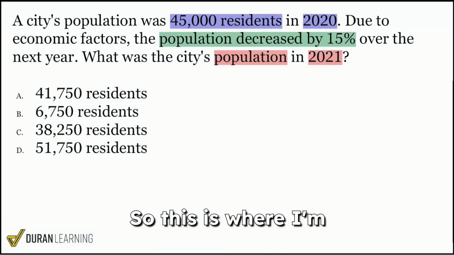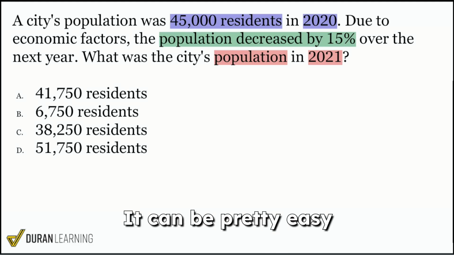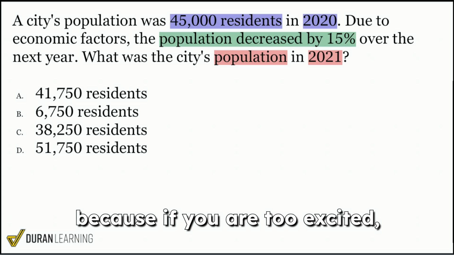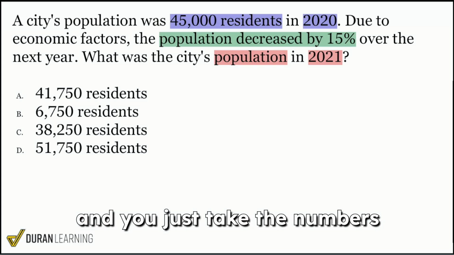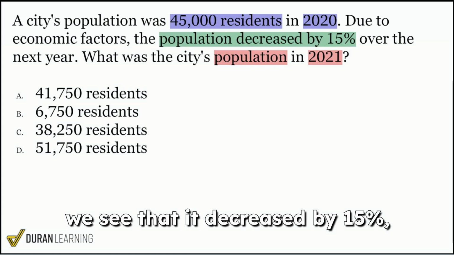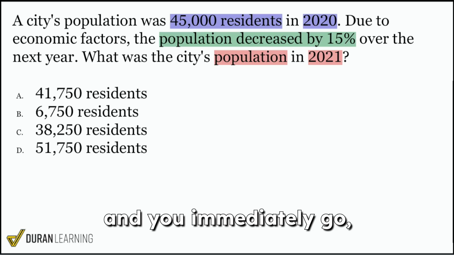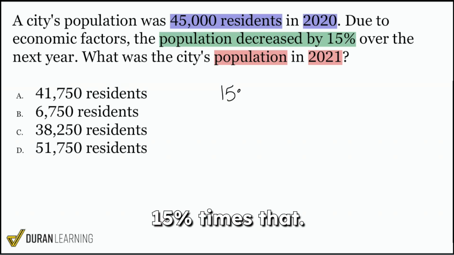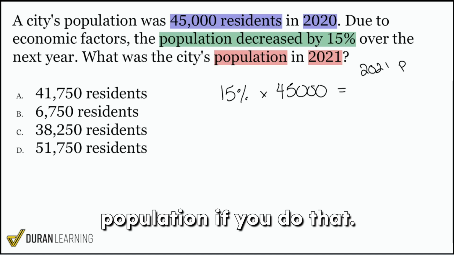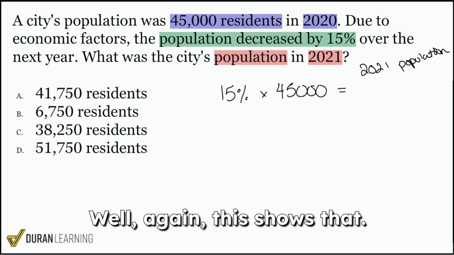This is where I'm going to show you it can be pretty easy to get this wrong, because if you are too excited, if you're anxious about this and you just take the numbers that you see, we see that it decreased by 15% and you immediately go 15% times that 45,000 is going to equal my 2021 population. If you do that, well, again, this shows that